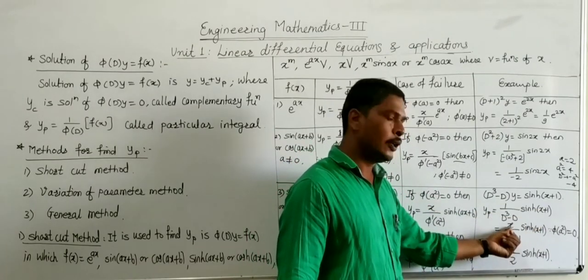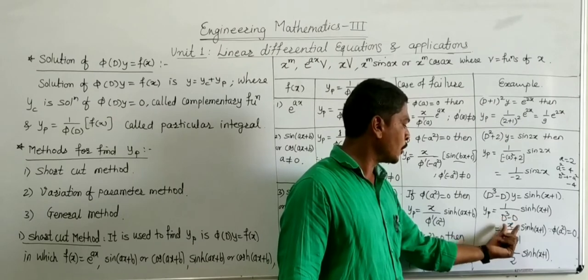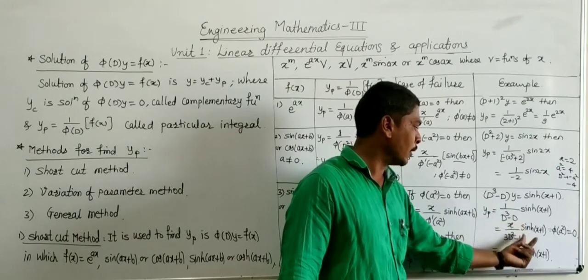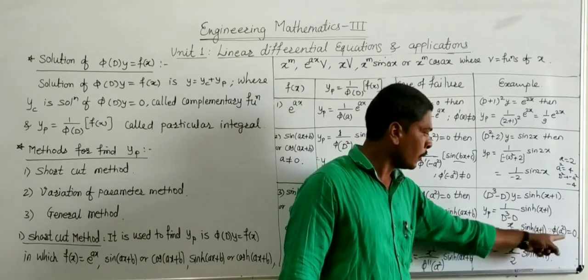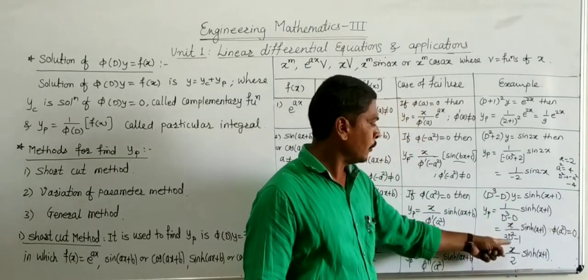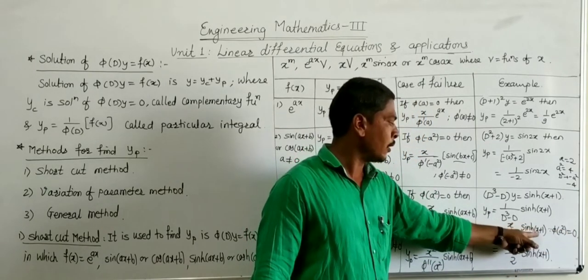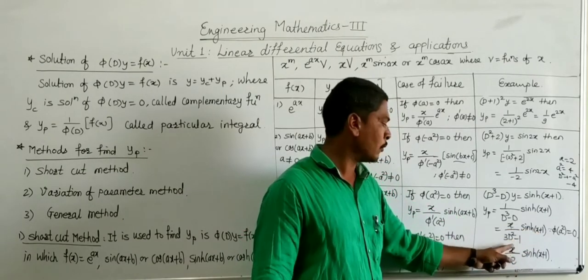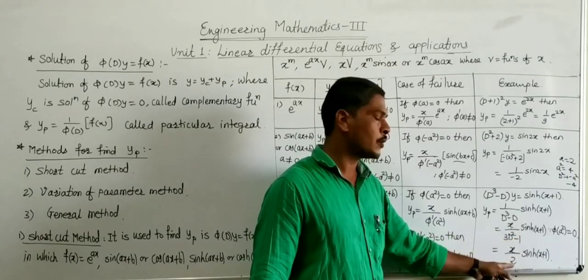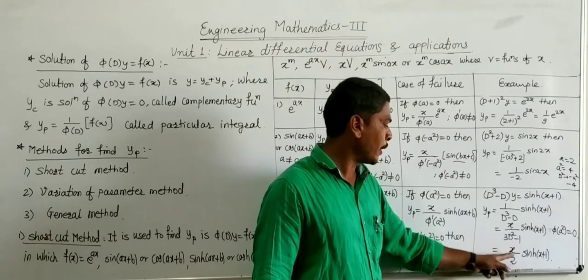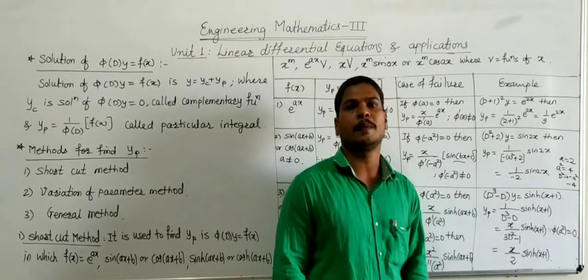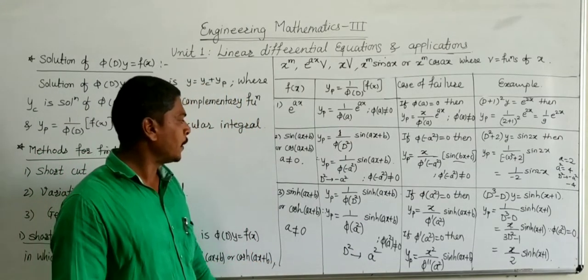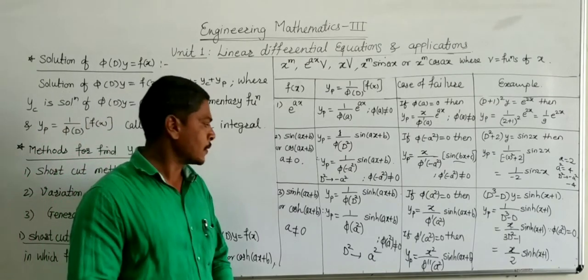So write x in the numerator and the derivative of this denominator here. So the derivative of d cube is 3d square minus the derivative of d, which is 1. The function stays as it is due to the case of failure. Now replace d square by a square. Here a is the coefficient of x, which is 1. So replacing d square by 1 square, 1 square is 1, 1 into 3 is 3, 3 minus 1 is 2, which is non-zero. So the final answer becomes x divided by 2 into hyperbolic sine x plus 1. Just observe this once and then I will explain the remaining shortcut cases.